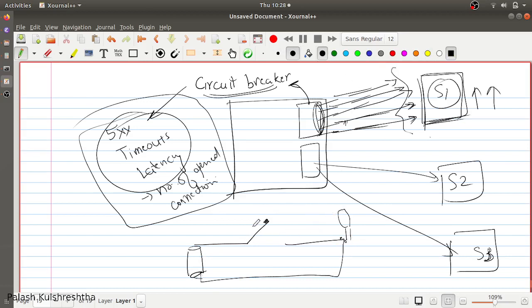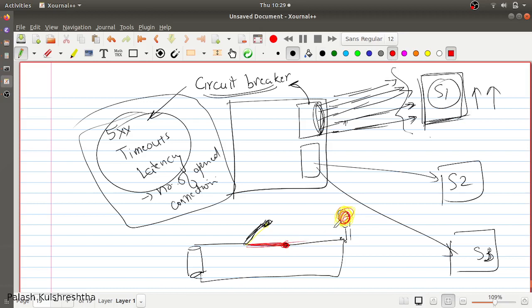As soon as you close the connection, your bulb is going to glow. In circuit breaker terminology, when the connection is open, we are not sending the request. And when we close the connection, the bulb is going to glow. That means we are going to send the request.